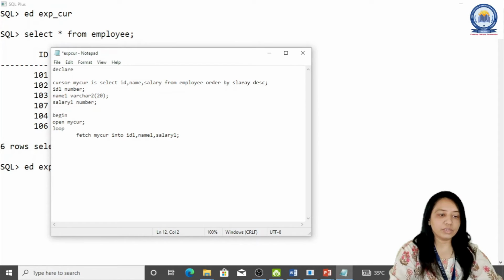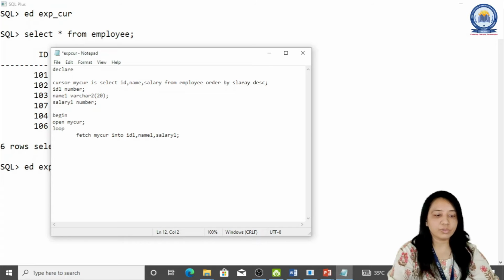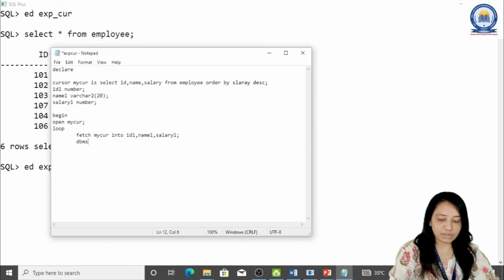Now we just have to display the data, right? So we'll write dbms_output.put_line.